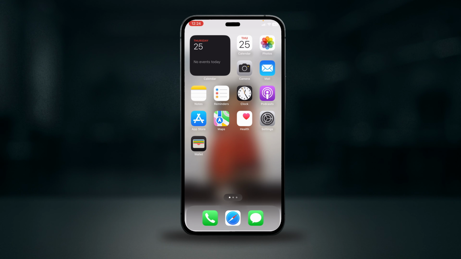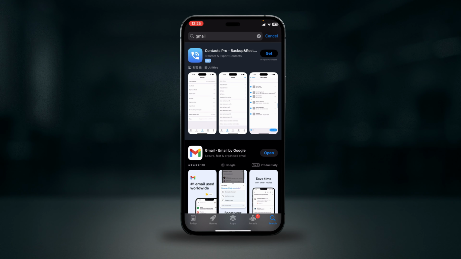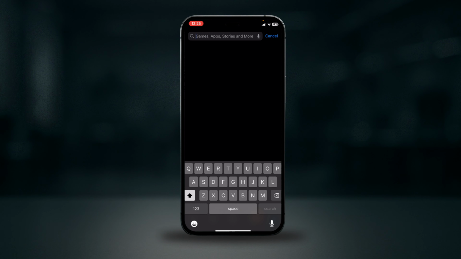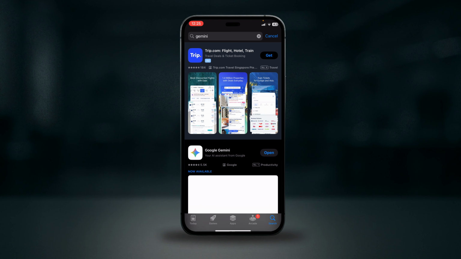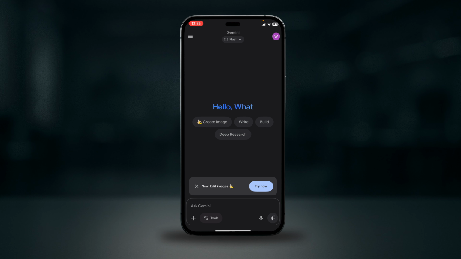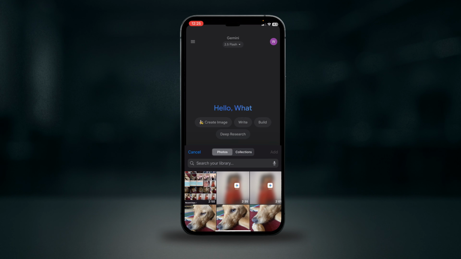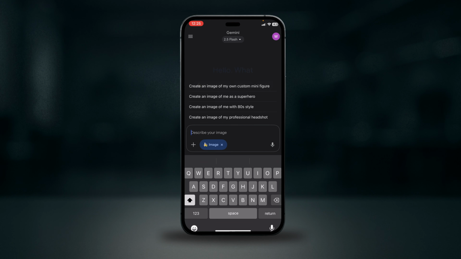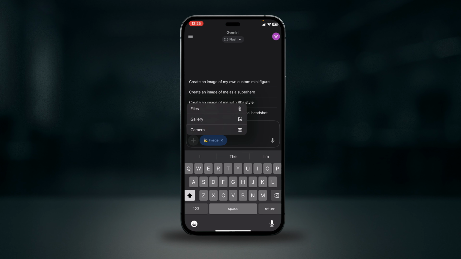Now first of all, go to the App Store and then update the Gemini app to the latest version. And once it's updated, launch the Gemini app and then tap the create button. Now choose generate image with AI first of all, and then what you're gonna do is type something like create